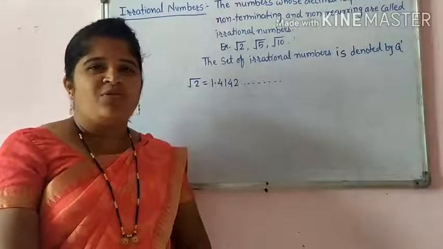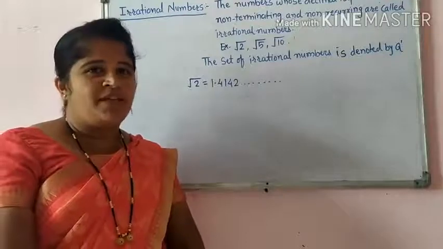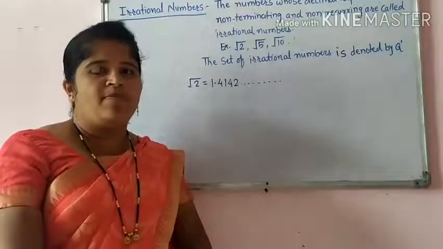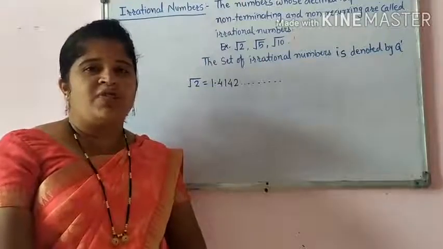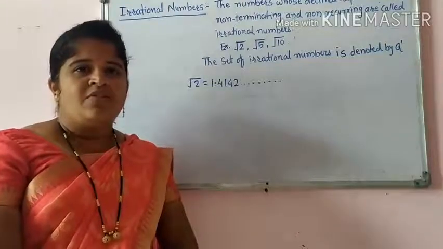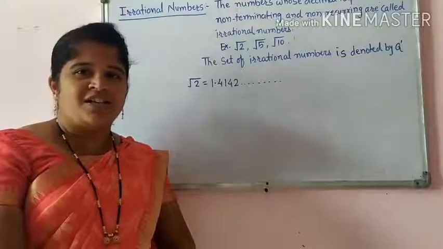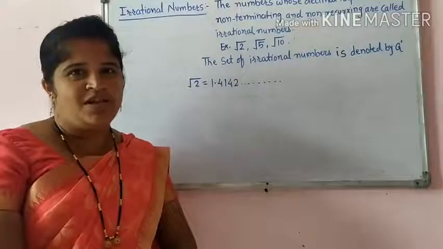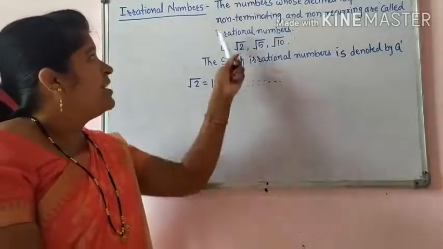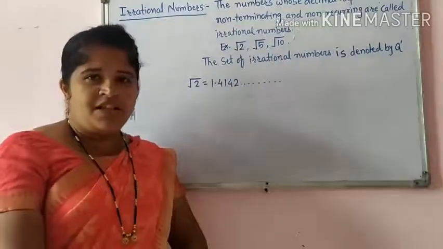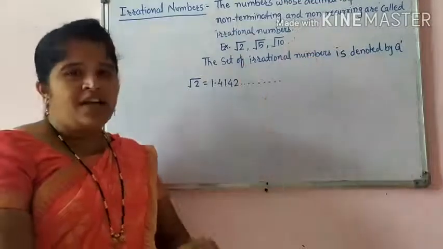Friends, today we are going to study some definitions, some properties and examples from practice set 2.2. Our first definition is of irrational numbers. Which is called an irrational number? A number which is not rational is called an irrational number. But the exact definition of an irrational number is: the numbers whose decimal representation is non-terminating and non-recurring are called